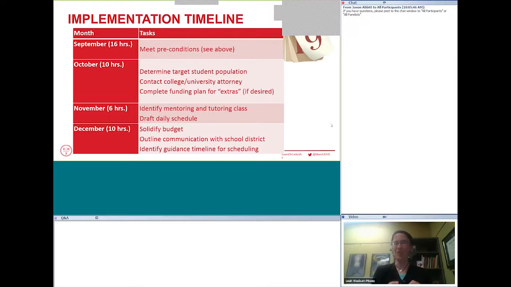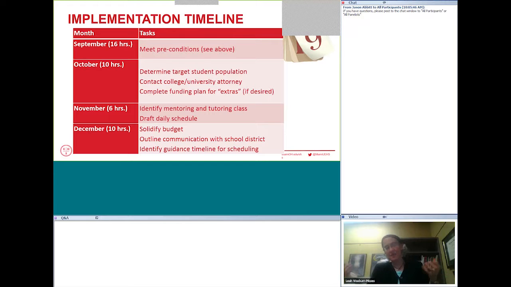I mean, how much time it's going to take. Like the preconditions, one of them might just be, we got it. And then another might take a lot of discussion to figure out what we are going to do. So I gave my best guess about those. And you can see that it really does take a year. Do you have to have a full year? No, but